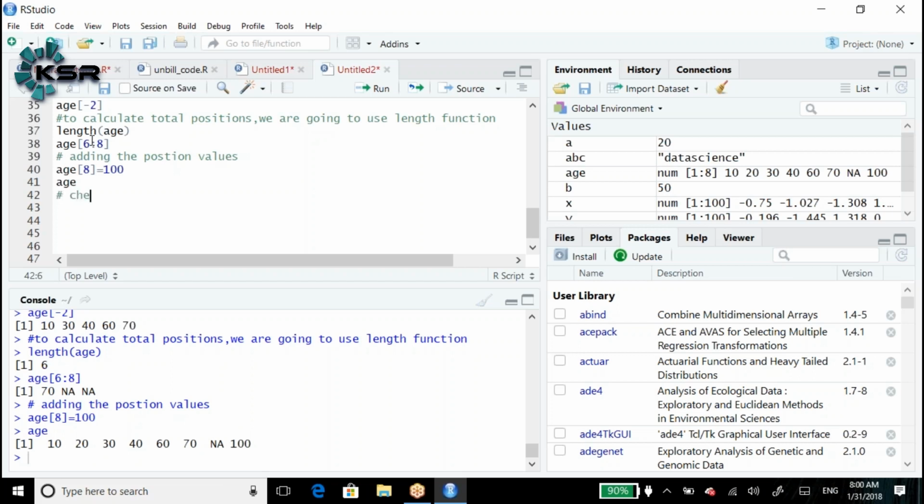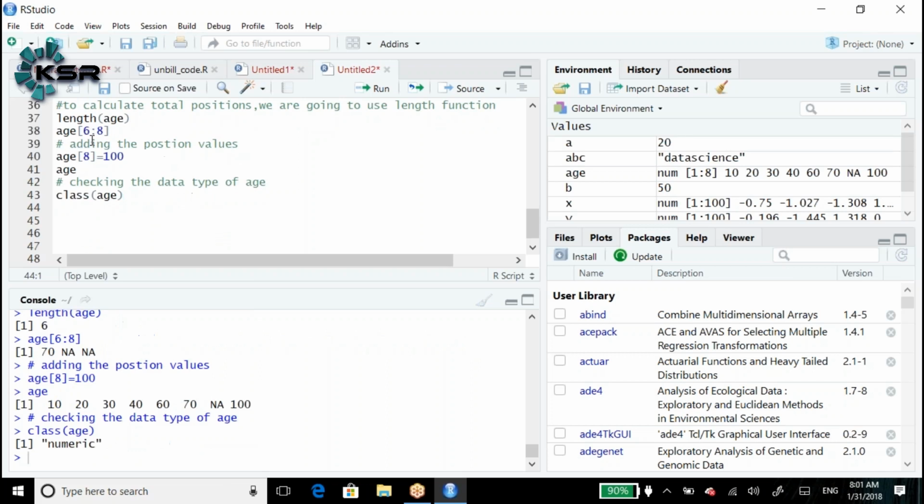Checking the data type of age: class of age. It will give numeric.